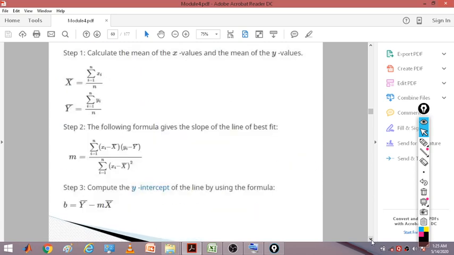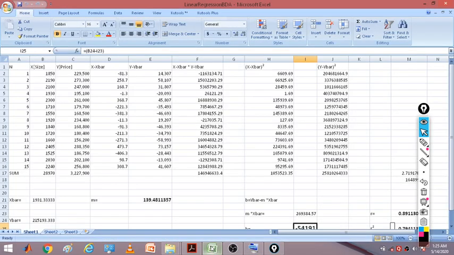Anyway, the formula for R is saying that we need x minus x bar into y minus y bar, the summation of all of this, now divided by, again we need to take x minus x bar whole square and y minus y bar whole square. So x minus x bar we have taken the square of this, y minus y bar the square of this one, and now we have taken the summation of this and the summation of this.